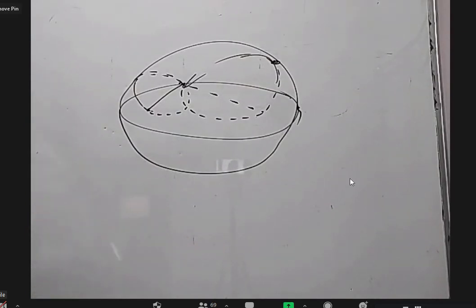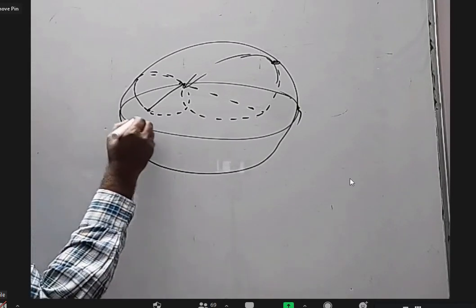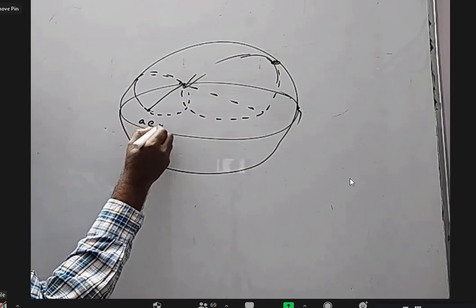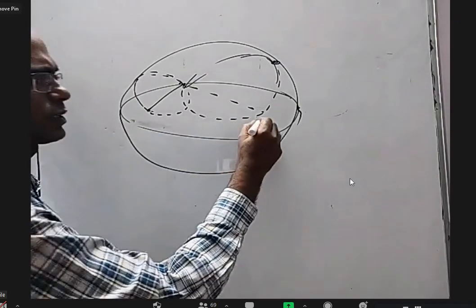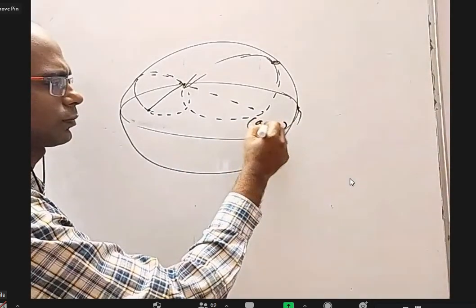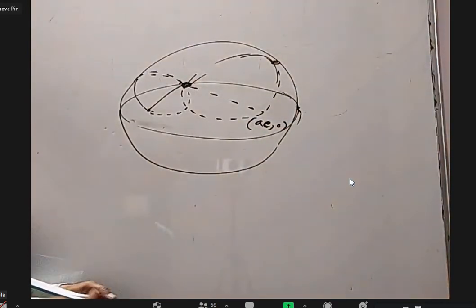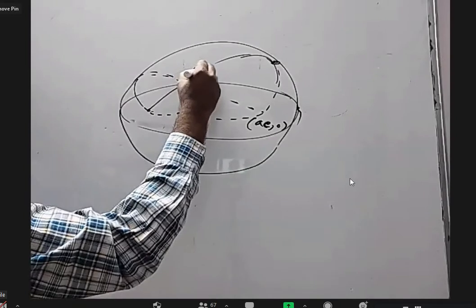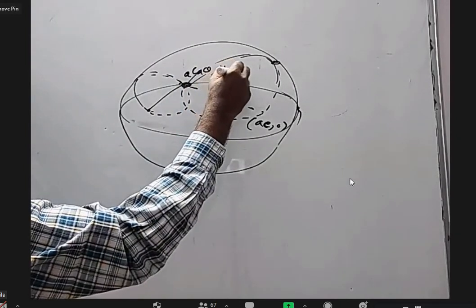Yeah, all these special properties, we use them very rarely, only in advanced level questions, not in mains. So don't have to worry so much for mains. But let us try to prove it. Let us say this is AE comma 0. This point I can do in terms of theta, or in terms of x1 comma y1. Anything is okay. Let's say I'll take a cos theta comma b sin theta.